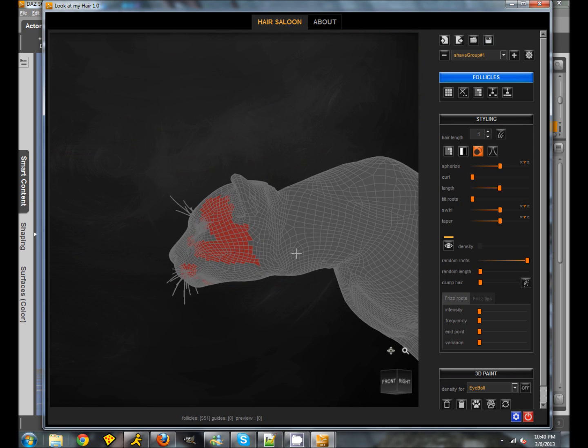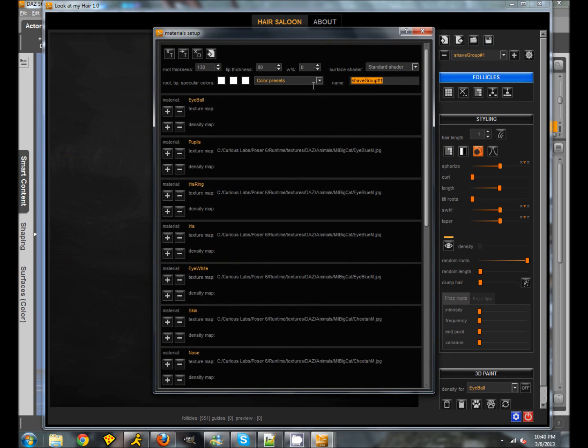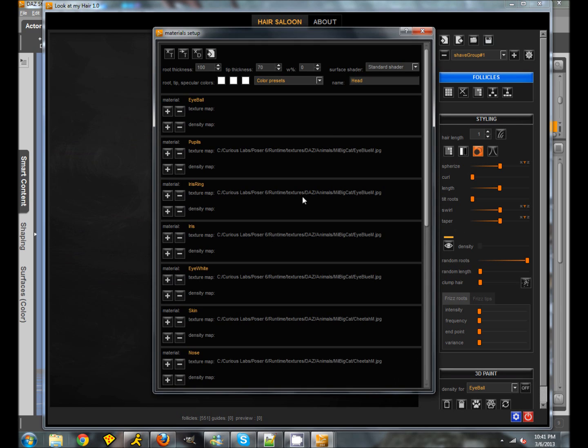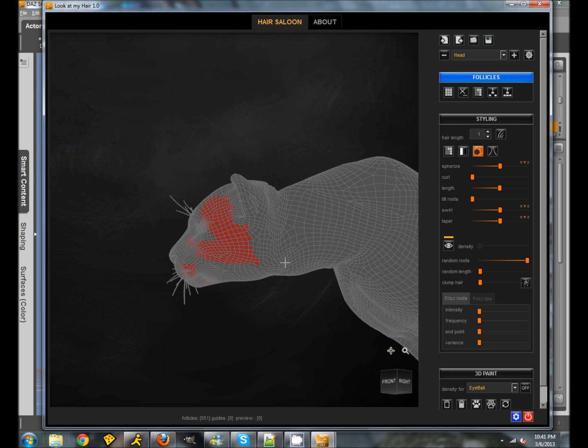Now, once I select all of the polygons that I want, I'm going to go in here, give it a name, something like head, and the defaults, the hairs aren't quite fine enough, so I like to set the root thickness down a bit, and the tip thickness as well. Not quite as much of a reduction, and then I can save that. Take a moment to realize what it needs to do. Alright, and then I can go about creating other